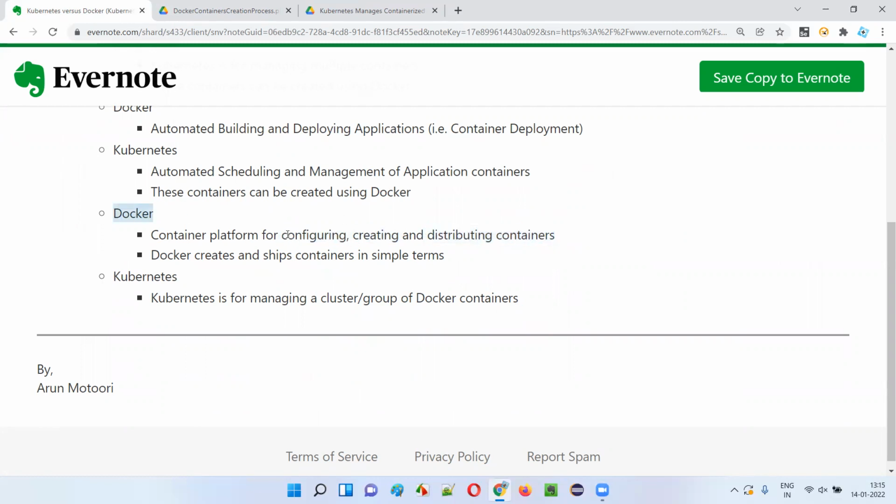So apart from configuring and creating, distributing means shipping. With the help of Docker Hub, Docker can ship the Docker images to all the people who are in need of them. Once people download the Docker image to their respective machines, by passing that image to the Docker software, they can create the containers. This process of uploading to and downloading from Docker Hub is known as shipping, guys. So in simple terms, Docker creates and ships the containers, and Kubernetes simply manages